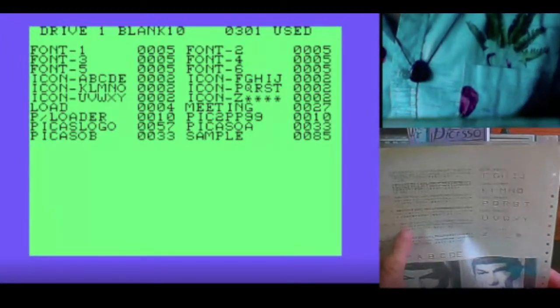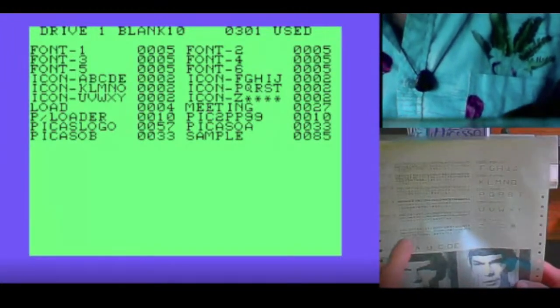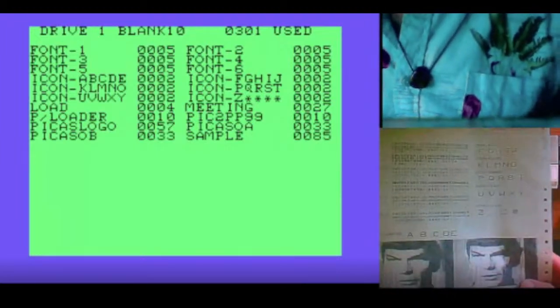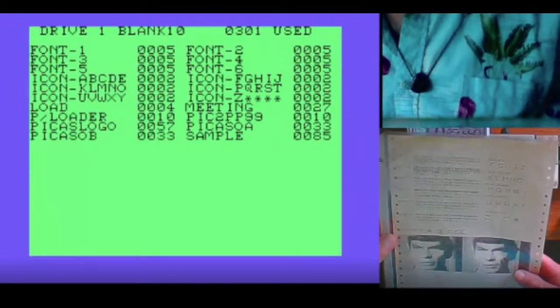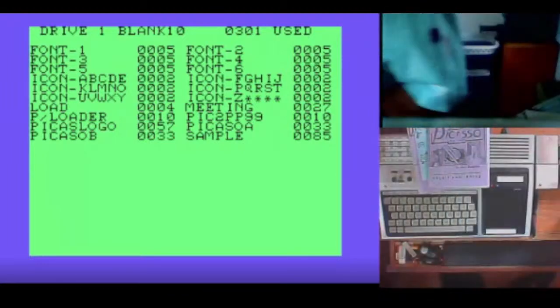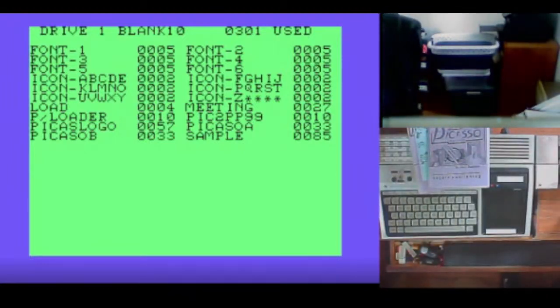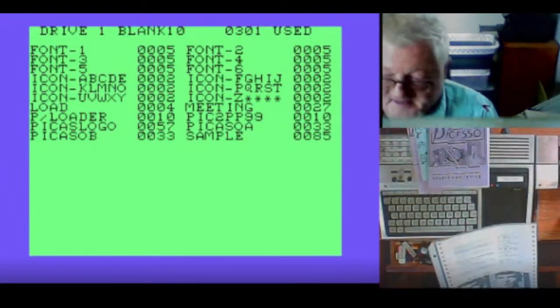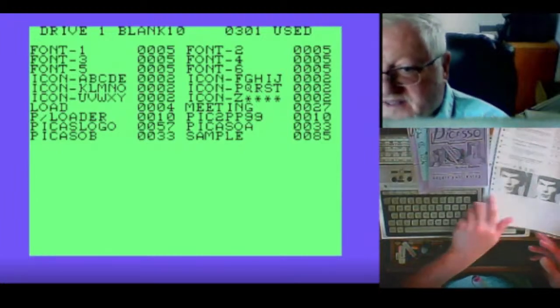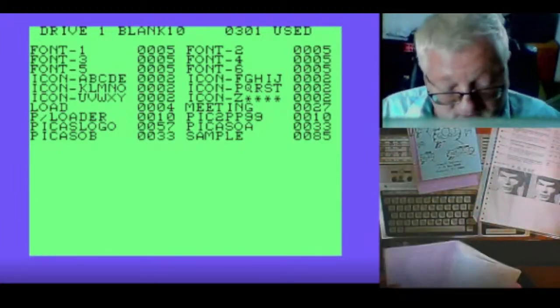Right. Font 5. Load some of these so we can see them. They're not terribly visible on the sheet. We can see Spock, but individual small text samples are not so visible. I can see if I can load a font and then print with it here. So using Picasso,